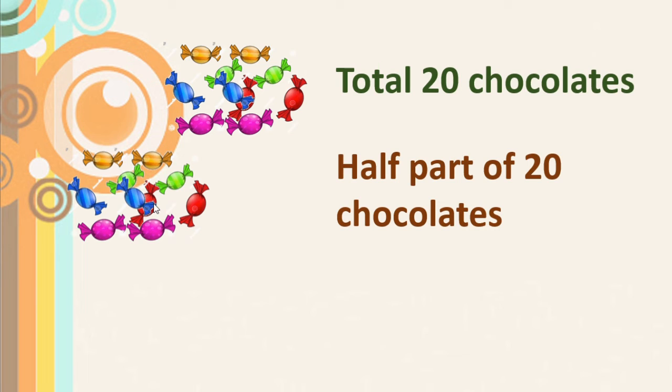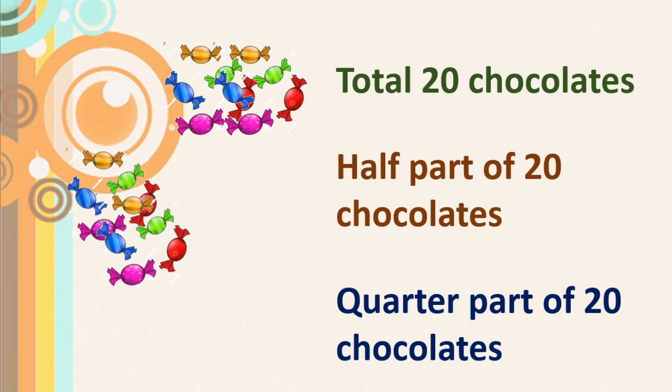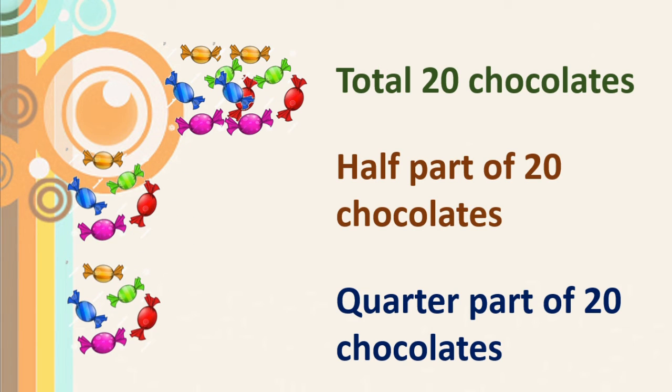Right? Now 2 more friends came. Now you are 4 friends. Then what will you tell your friend? Give him half of yours and I will give another friend half of mine. Then half of half, that is nothing but a quarter portion. How many chocolates will you give to your friend? Yes, 5. Isn't it? Very good. It means all the 4 friends got 5 chocolates. Right? Very good.